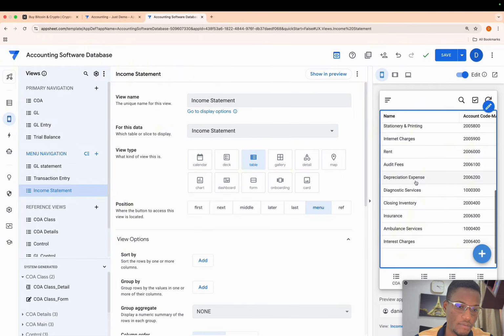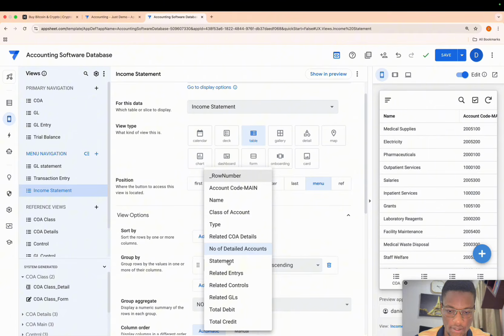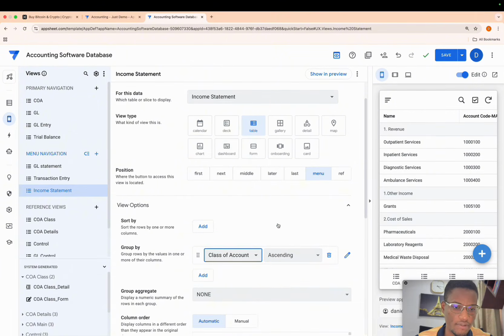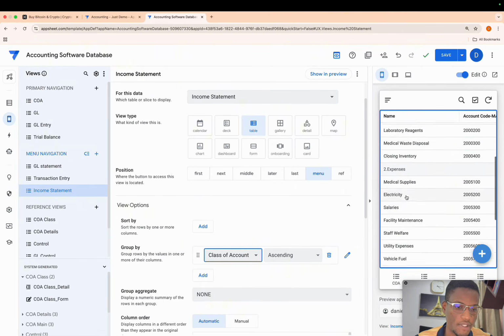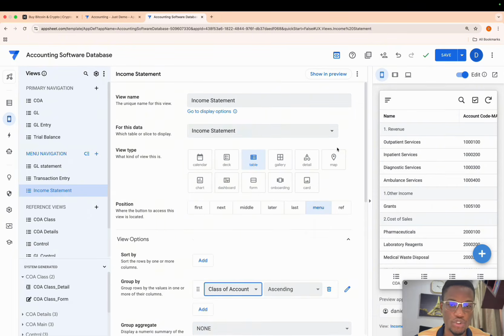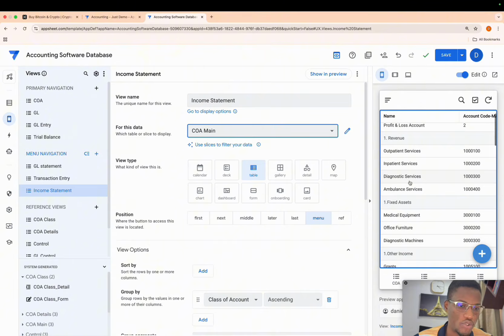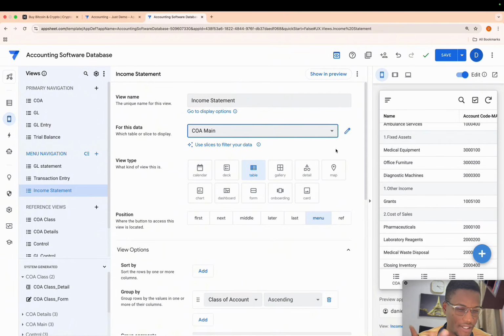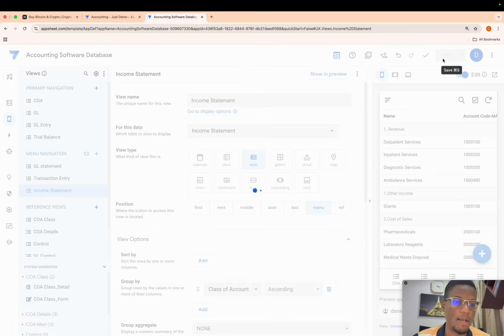And then if you pay close attention, let me group this by, do I have the class of account? Yeah, class of accounts. Good. You see revenue, other income, cost of sales, expenses, and then we are done, right? But if I had used just the main, okay, so you have revenue, fixed assets, get it. And that's why we created just the income statement line. Okay, good. I'm going to save this.